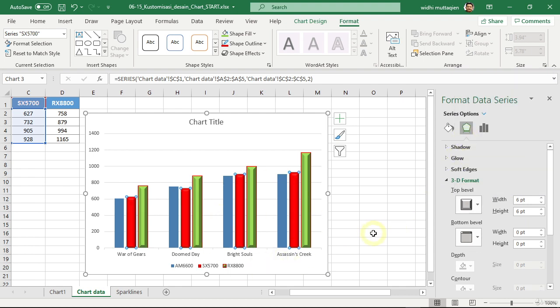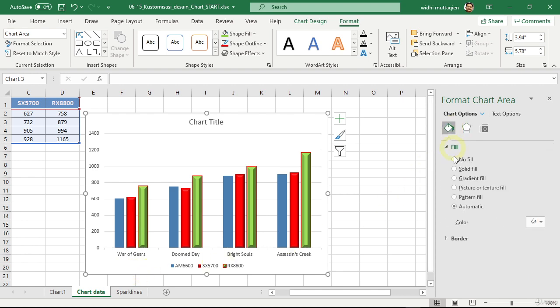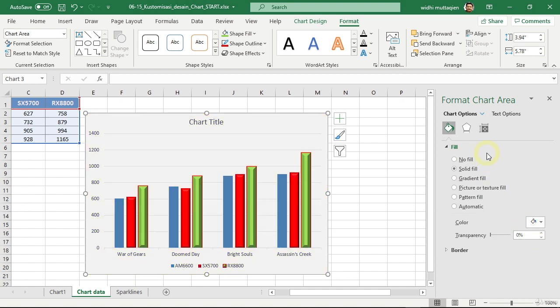For the last example, because this topic is often asked by many people, what if we want to change the background color of a chart? Essentially, this background box is a shape object. To adjust it, you can just click on an empty area or on the edge of the chart, then click on this icon, and then change the fill color to another color, for example, yellow or this light gray color. And this is the result.